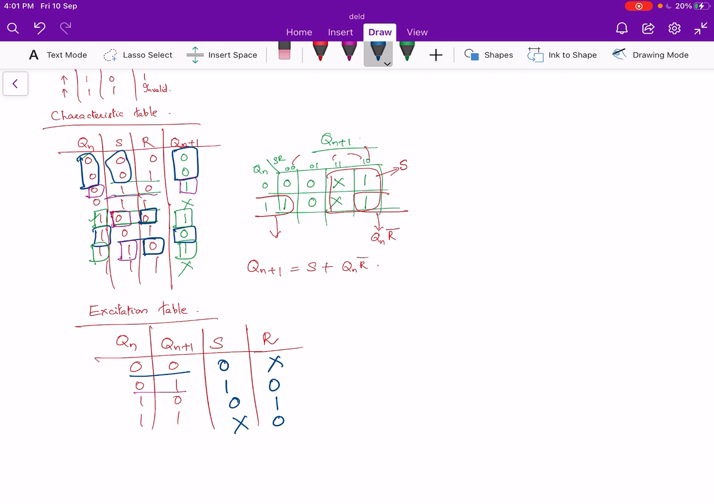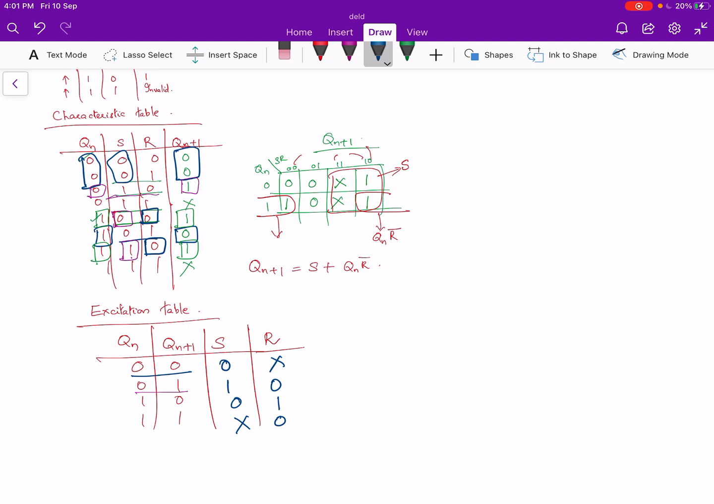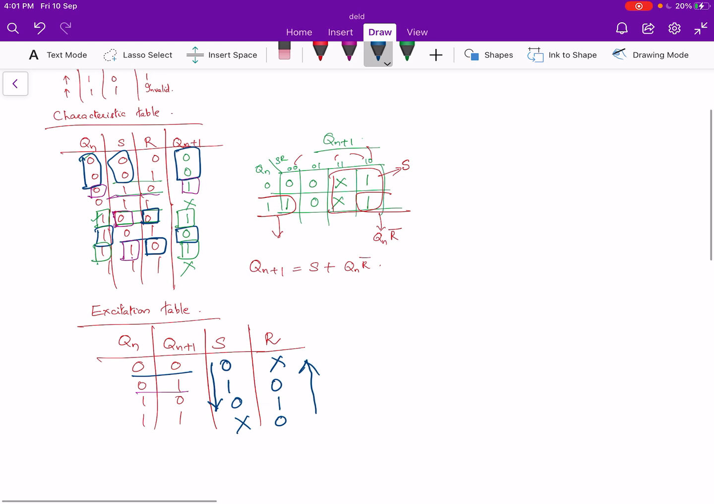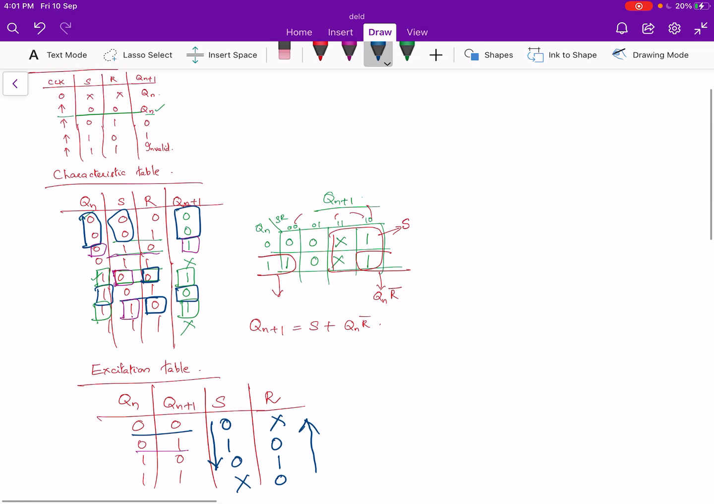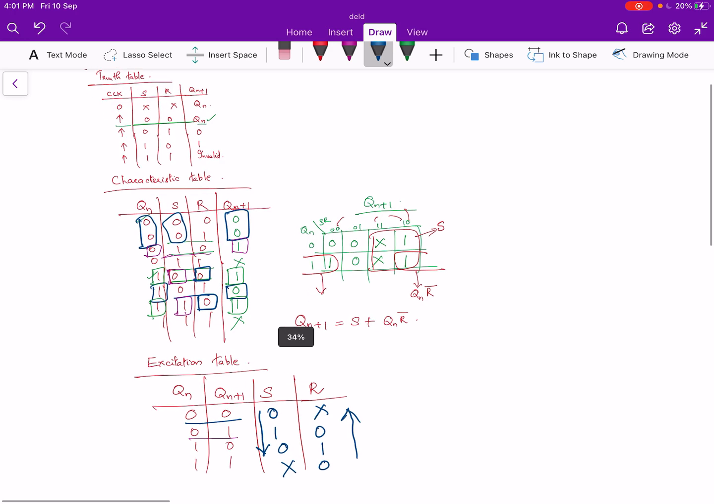One way to remember this is, if you look at S, it follows the pattern 0, 1, 0, X, and R follows 0, 1, 0, X as well. If we move from top to bottom, for S it is 0, 1, 0, don't care, and if we move from bottom to top for R, then it is 0, 1, 0, don't care. So we can remember it like that. This is about the characteristic table and excitation table of